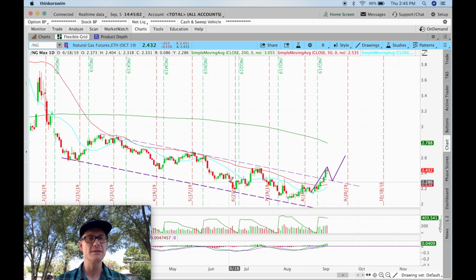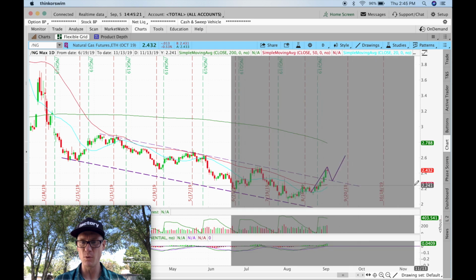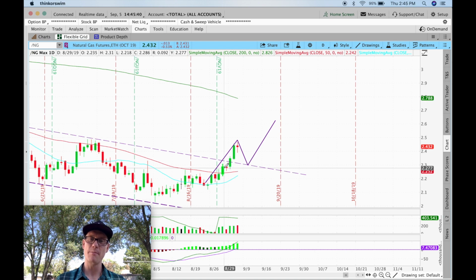So when I'm looking at things like this, I can see the overall channel, and that's good. But I also try to be aware of key indicator lines because traders use those lines. And they've clearly been using them here and here, here, and here. So when we got to this point and we had this green day, I'm going to zoom in a little more. When we had this green day and we pushed well above it and closed, and then the next day we did not drop back down underneath that 50, we actually stayed above it and sort of paused with a doji. That made me think that we could possibly bounce and go higher.